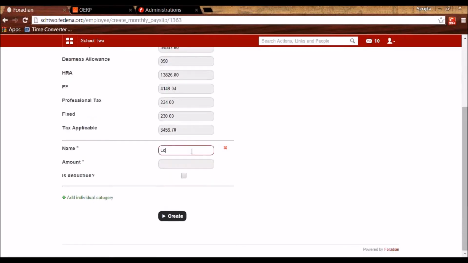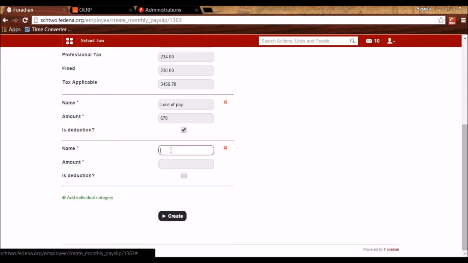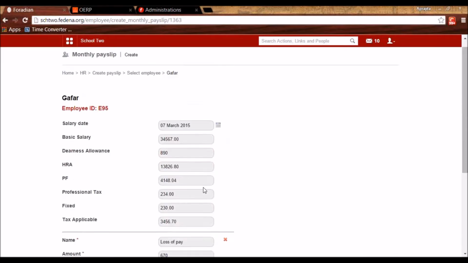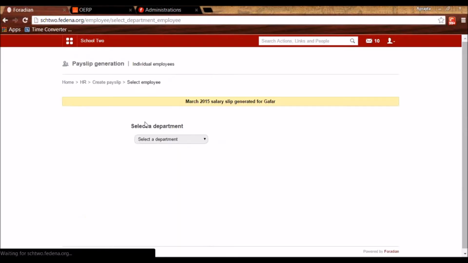For example, this is a category which is particular to this employee and is a deduction. I can add an earning as well, which is particular to this employee, like this. And once we click on create, the payslip will get created for the month that you selected.